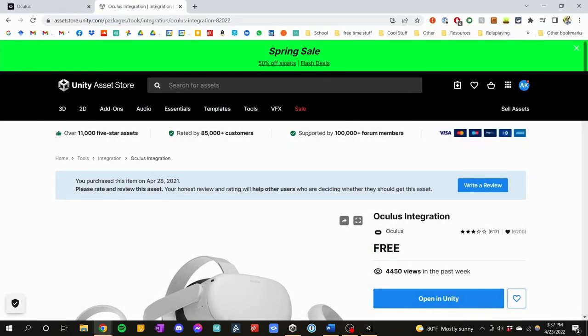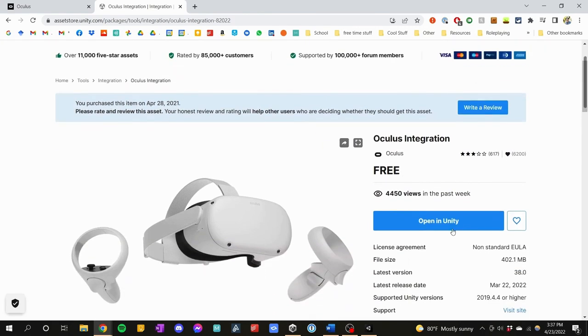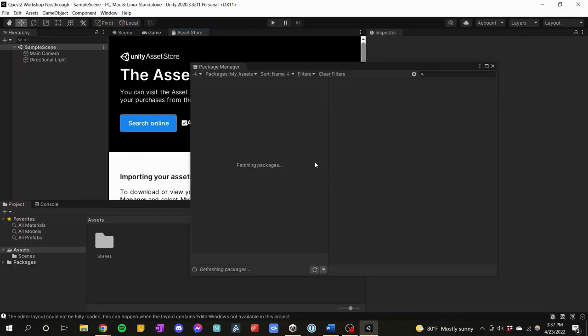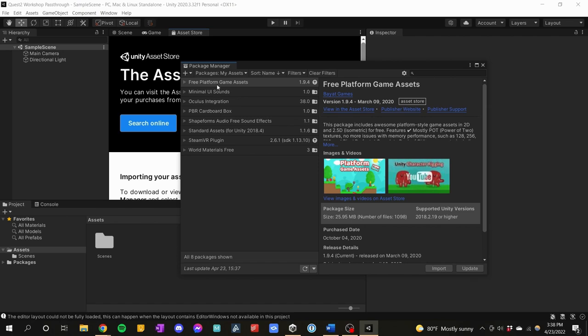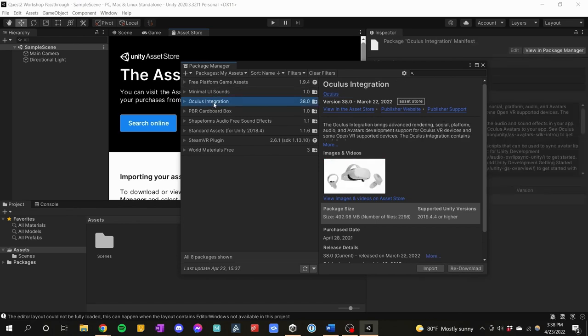So given that you have them both signed in, you'll click Add to Assets, and then afterwards you'll click Open in Unity. A pop-up might show up here saying Open in Unity. You can click either or. All it will do is open the package in Unity. And we can see it here now, right here. It may not always start highlighted, so it could just show up in here. Look for Oculus integration,